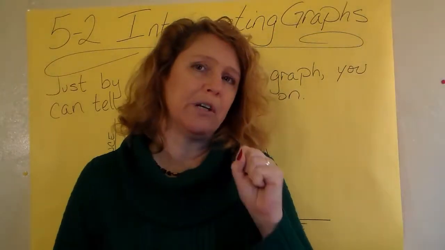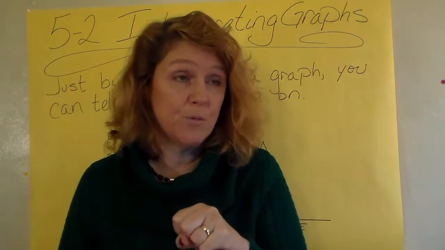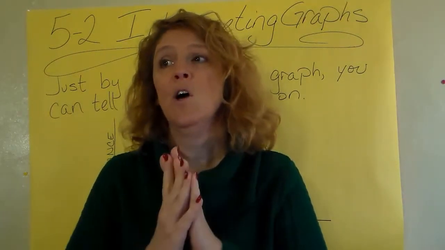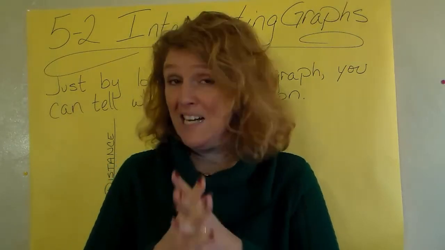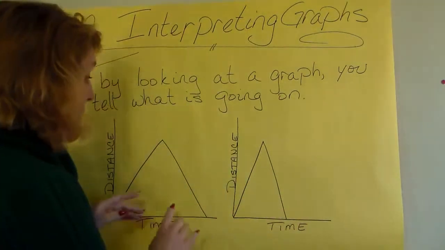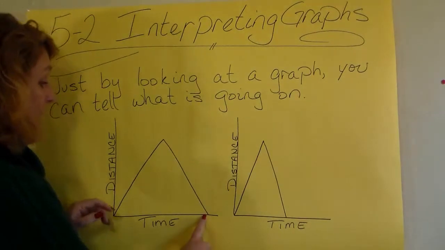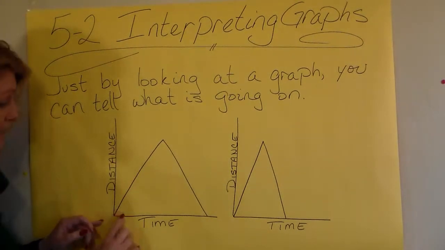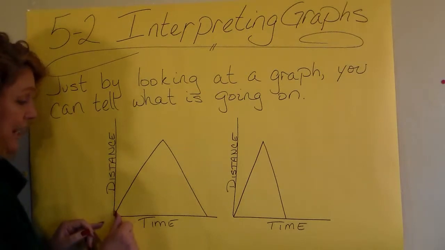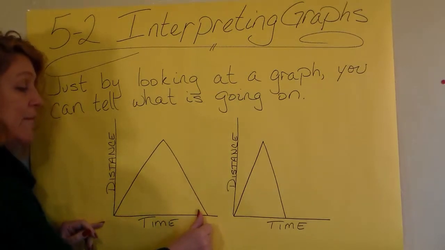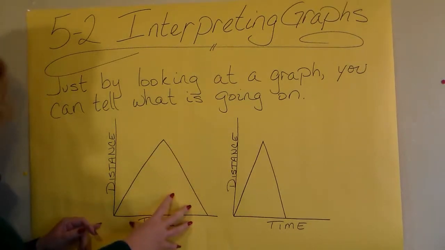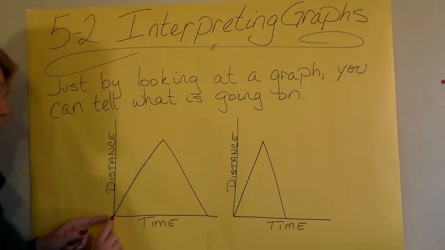Most of the graphs that we're going to be looking at are distance time graphs, which means over a span of time, here's what happens. Now, when you're looking at things on a time graph, you always put time on the bottom. And distance, or whatever it is that you're measuring, is going to go on the side, because what you're doing is you're looking at something as time goes on. So for example, in this graph, as time goes on,